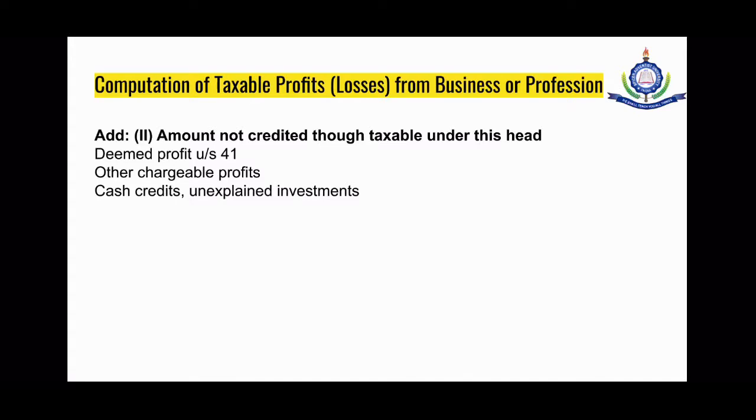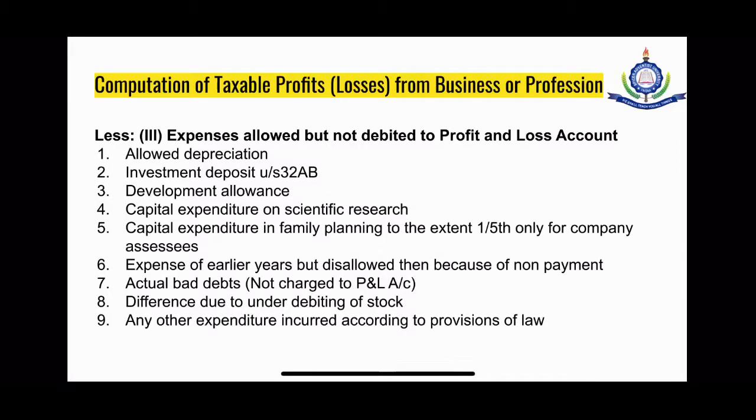The next item are expenses that are allowed but not debited to profit and loss account. And here we find there are 9 items. The first is allowed depreciation, investment deposit under section 32AB, development allowance, capital expenditure on scientific research, capital expenditure in